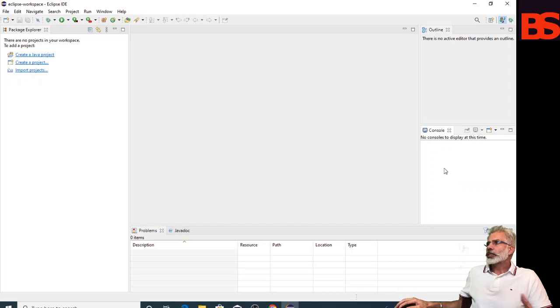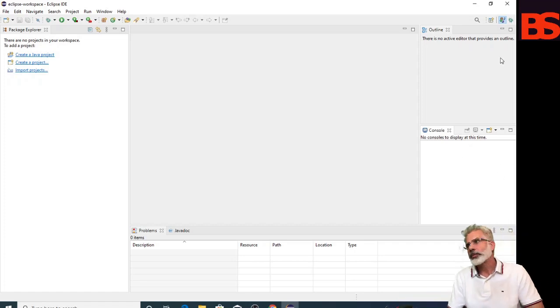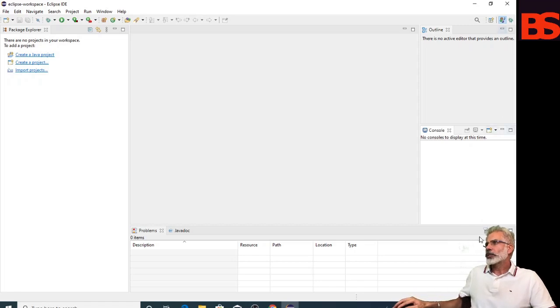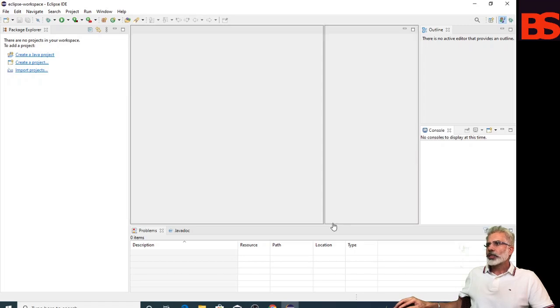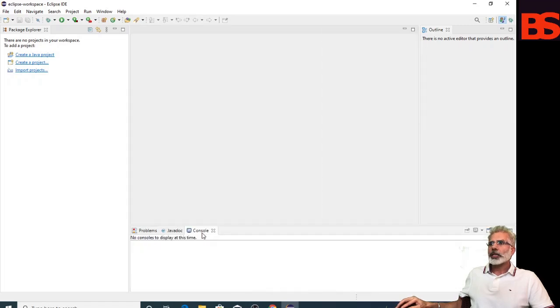So you can see the console view has been moved to a new view folder. Every view folder has minimize and maximize buttons. After that, if you want to move it back here, use the same process: left click and hold, drag and release the button, and you can see the console is in this view folder.